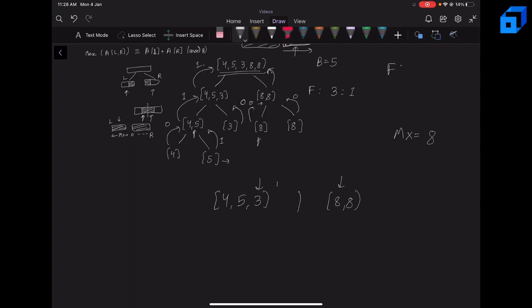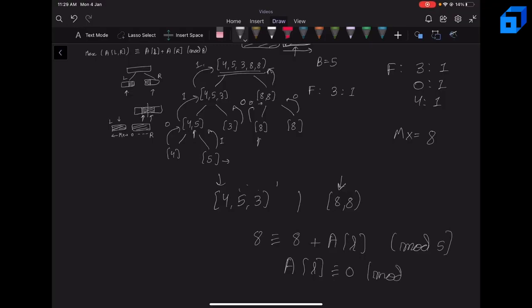So we'll update the frequency of 3 modulo 5, which is 3, as 1. Again, we can decrement our left pointer. So we update the frequency of 5 modulo 5, which is 0, as 1 as well. Again, we can further decrement it. So we update the frequency of 4 modulo 5, which is 4, as 1. So now for this R, we get maximum value is 8 and AR is also 8, and we need to find AL. So this is our relation modulo 5. So AR will be 0 modulo 5. AL will be 0 modulo 5. So we have actually stored the frequency of values modulo 5, and the frequency of 0 is 1. So we can add 1 to our current answer.